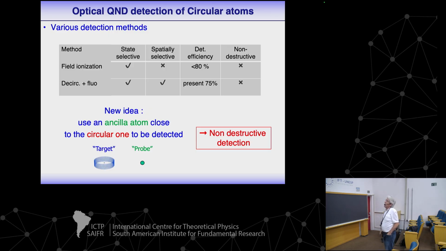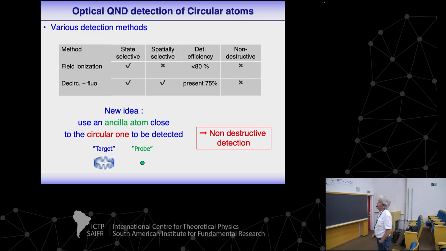And for performing quantum simulation and also quantum computation, it's interesting not to destroy the qubit, to have non-destructive readout, so that you can eventually implement feedback of the system for performing error correction, or so that you can measure the system at different times to access time correlation in the system. And what I will present to finish my talk is a method of non-destructive detection of the circular atoms